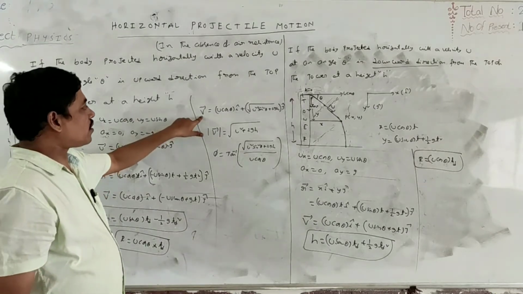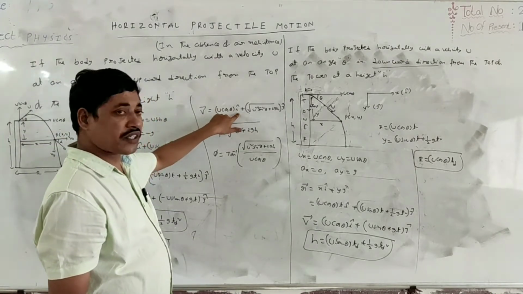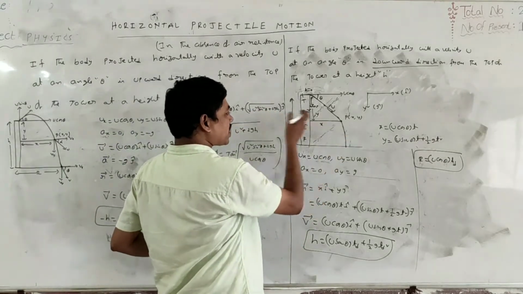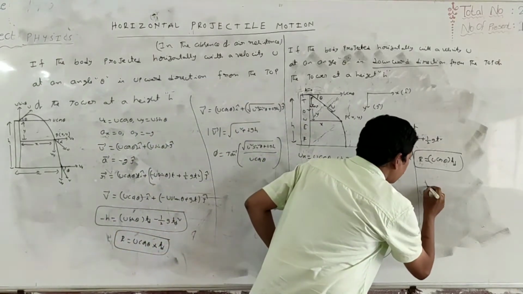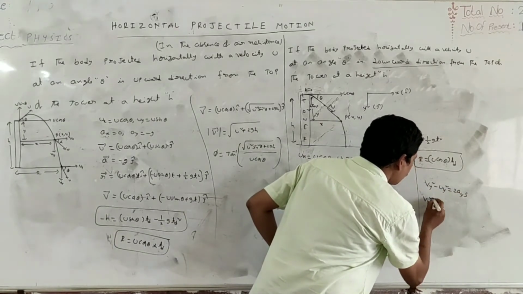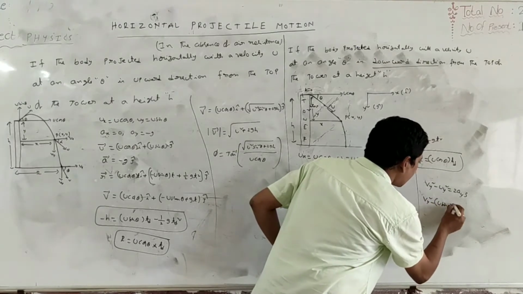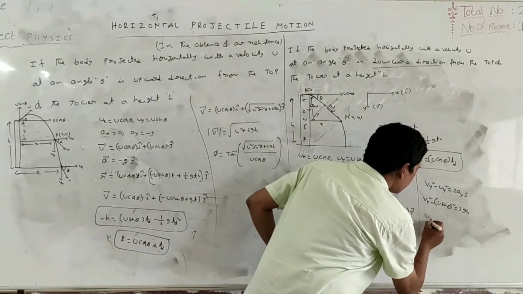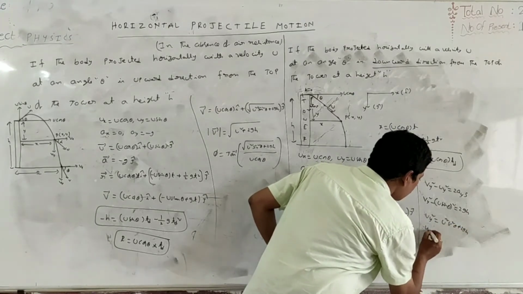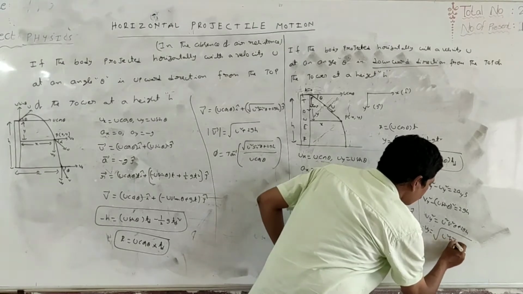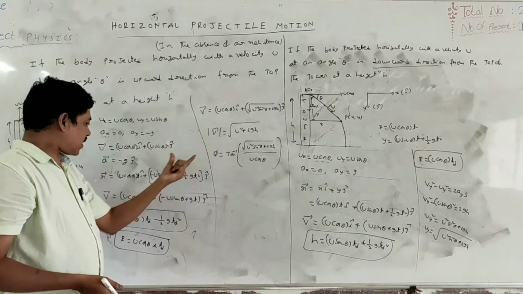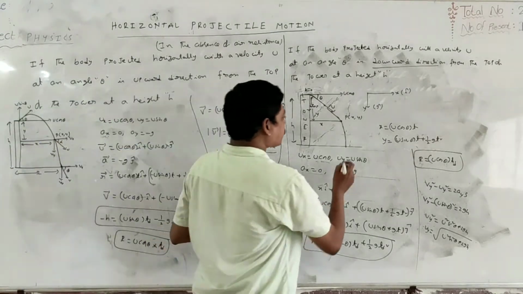And the velocity on striking the ground: v is equal to the square root of u square cos square theta plus u square sin square theta plus 2gh. Using vy square minus uy square is equal to 2as: vy square minus (u sin theta) whole square is equal to 2gh. So vy square is equal to u square sin square theta plus 2gh, and vy is equal to the square root of u square sin square theta plus 2gh. This holds in both cases for the velocity on striking the ground.